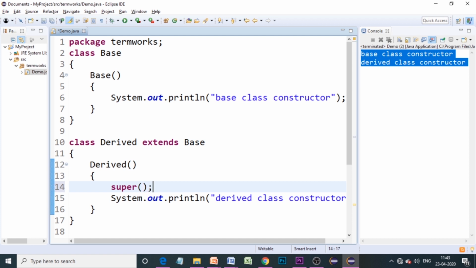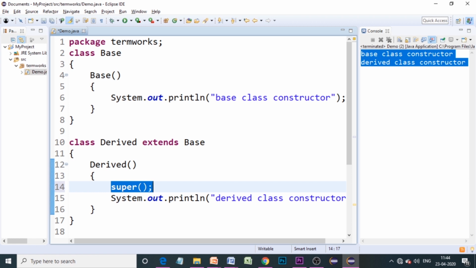See, in the previous scenario, when we had the display method in the base as well as the derived class, when I used super dot display, the control went to the super class's display method.